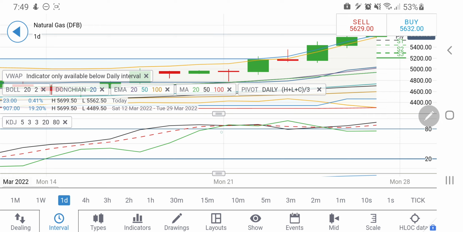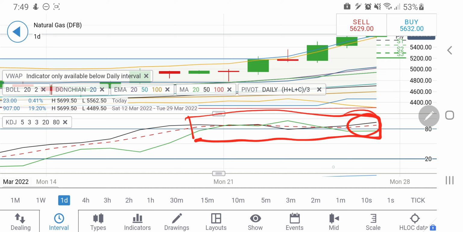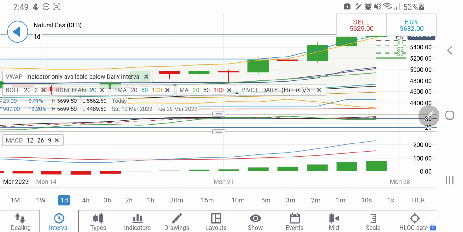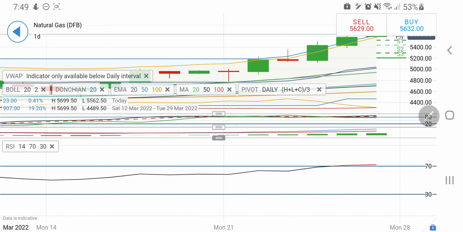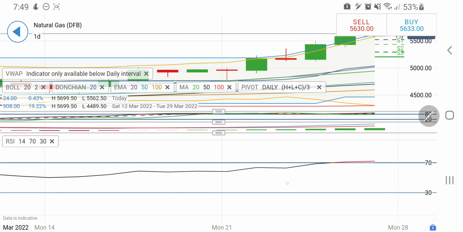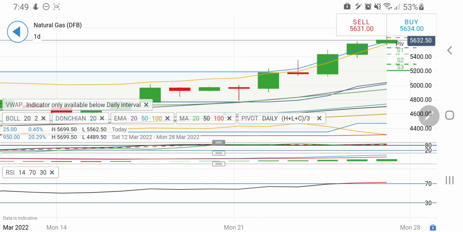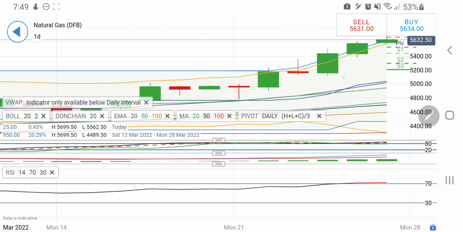Look at the daily stochastic. It is extremely overbought, consistently remaining in the overbought position, and hence a drop is a must. The MACD lines are wide and divergent, indicating bullishness. The RSI is overbought here on NG, and hence maybe for a couple of days it may try to drop, and then we can expect a rise again. So a possible drop towards 4.95 can be expected, because it is overbought.